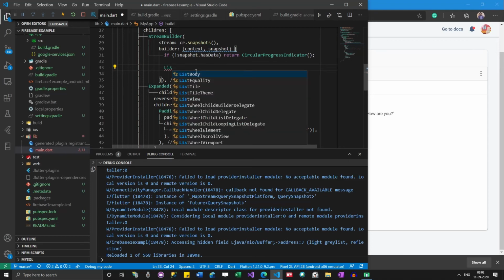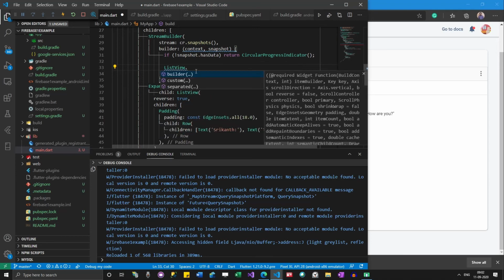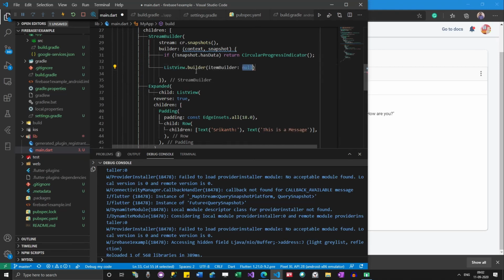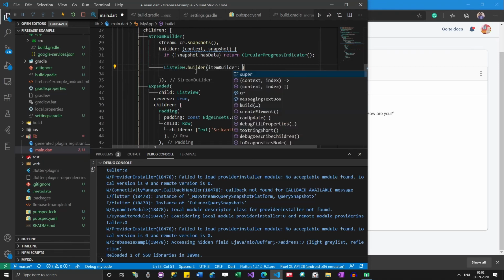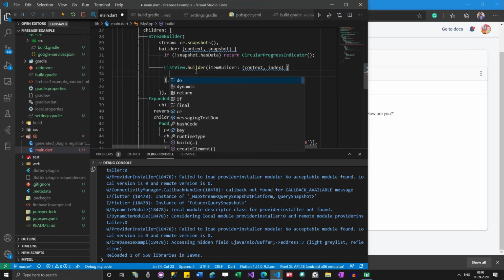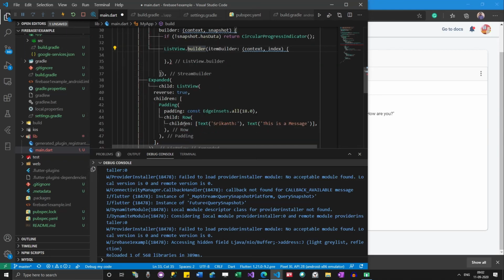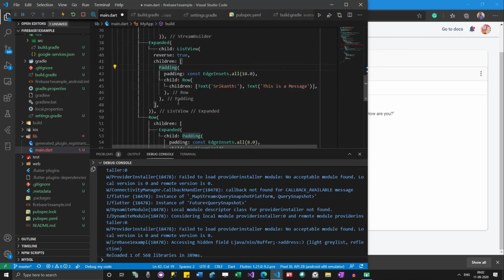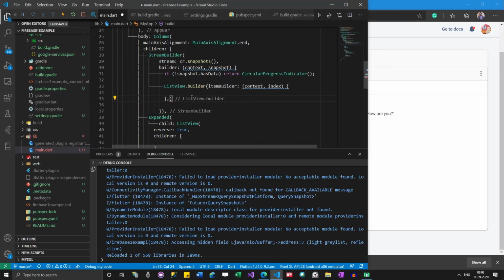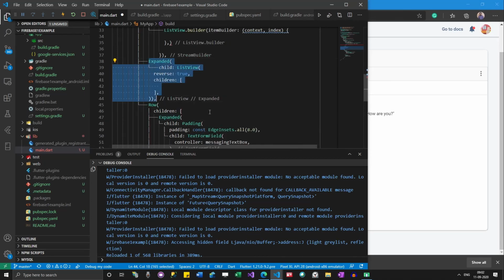So ListView dot builder. In itemBuilder we are going to give this, and then we are going to return this stuff. I'm going to delete all this.